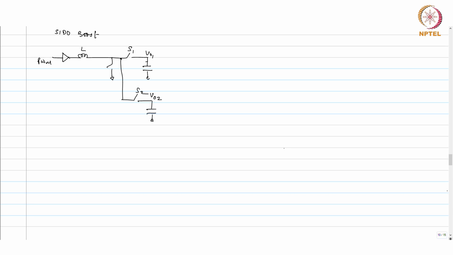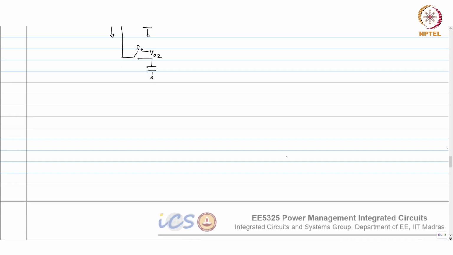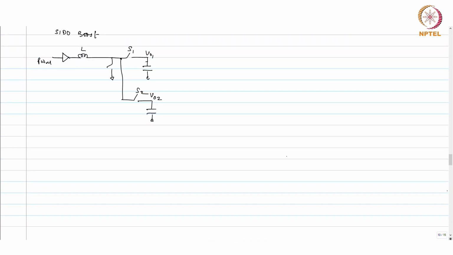In DCM, it's very simple because you're not disturbing, since the inductor current goes to zero. Then you operate the other output, so they will not disturb each other. And another possibility could be operating at the boundary of CCM and DCM. So in that case, the inductor current is continuous, you can say. What you do is trigger the other phase only when the inductor current goes to zero. CDO at the boundary of CCM DCM.